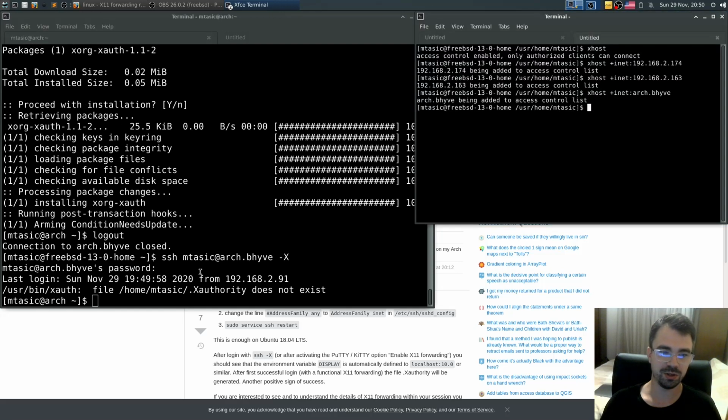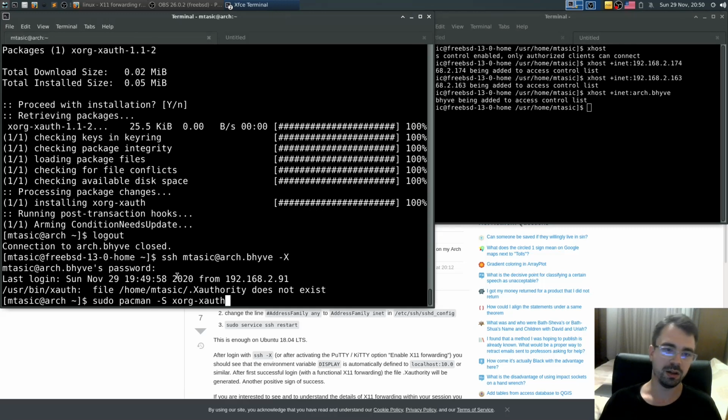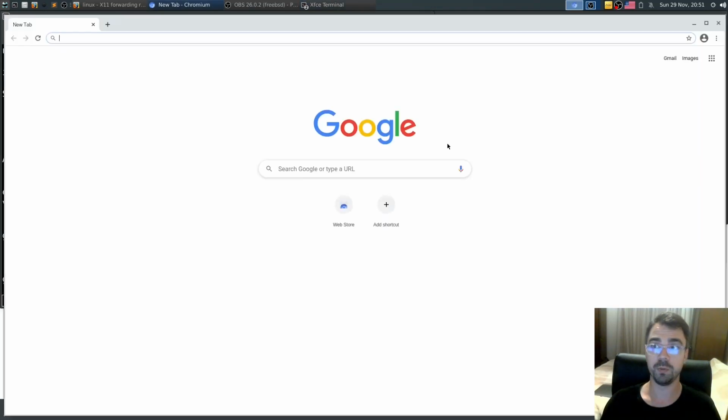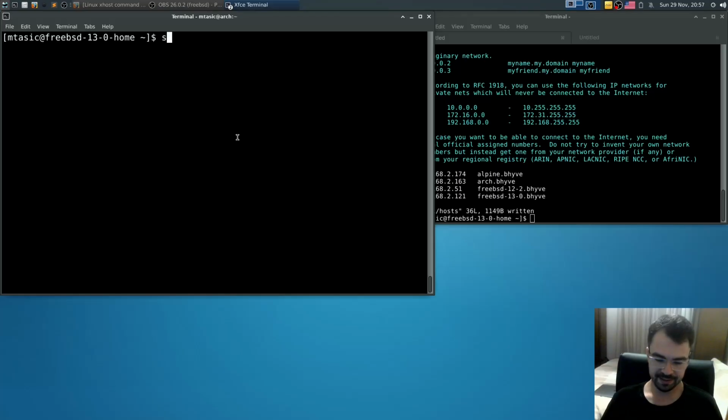So you need to install xorg-xauth in order to get it working. Chromium works.